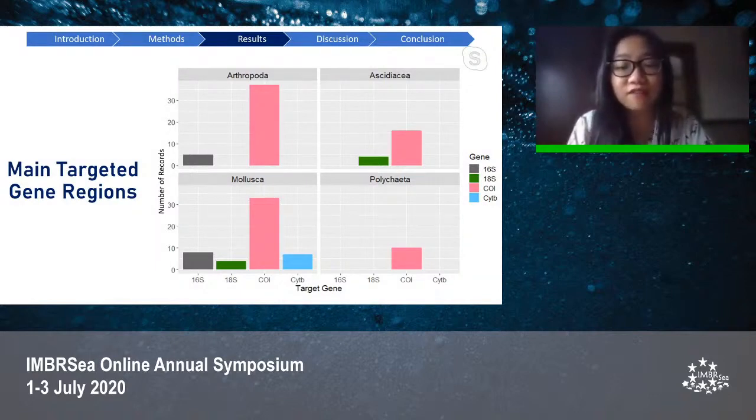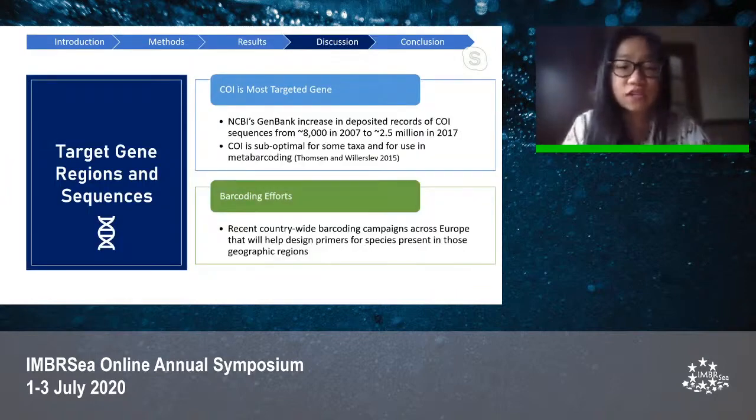And on the bottom left, mollusks were actually the only group of studies that targeted more than 2 gene regions, but CO1 was still the dominant region used. And CO1 could be the most targeted gene simply because of the higher level of coverage in genetic databases. In fact, GenBank has seen a significant increase in CO1 records of sequences from 8,000 in 2007 to roughly 2.5